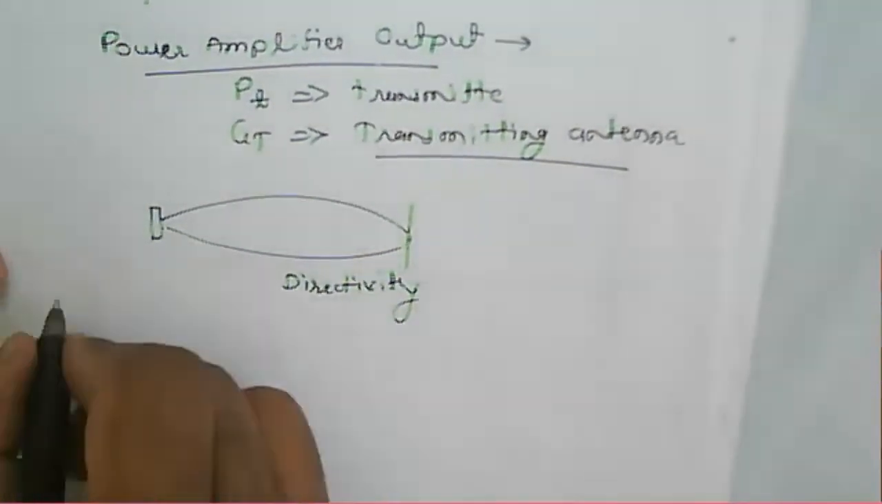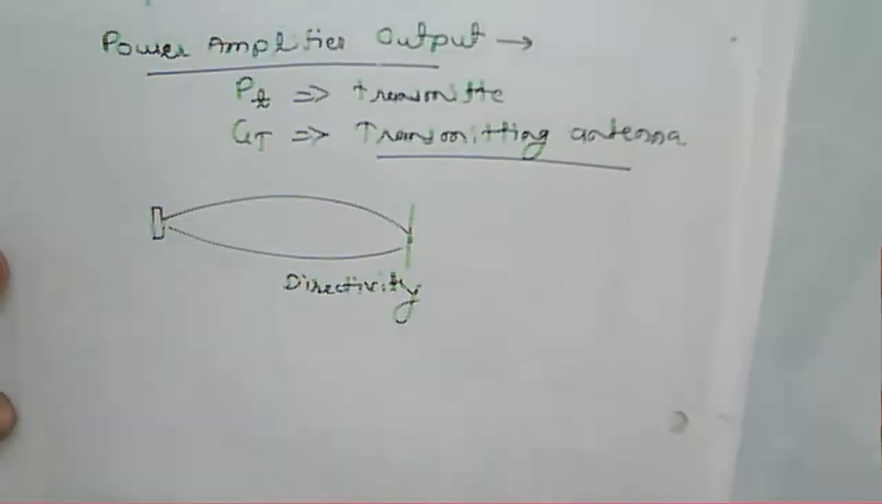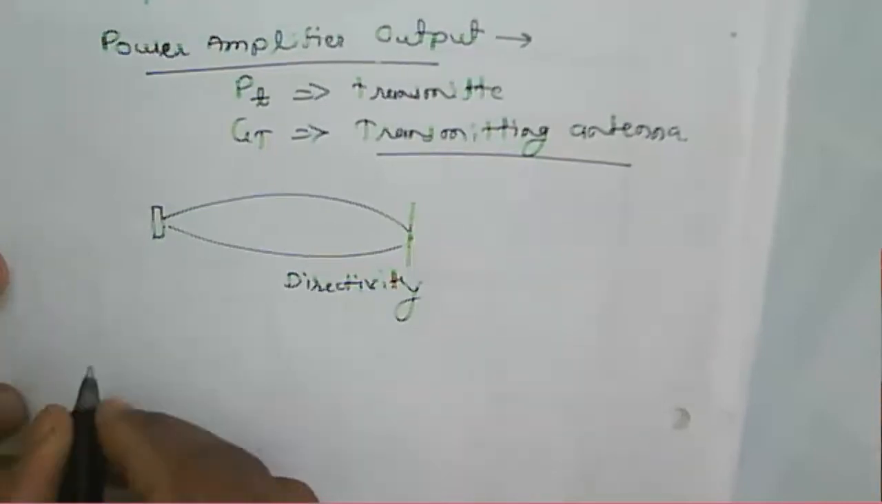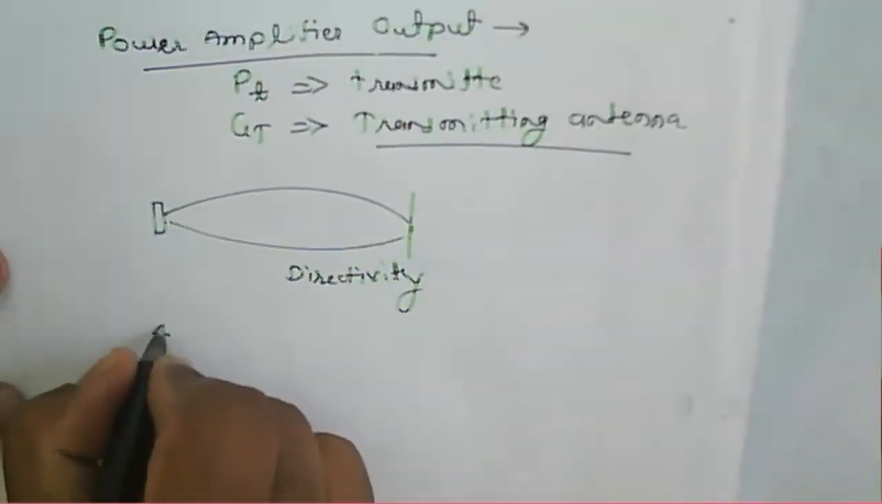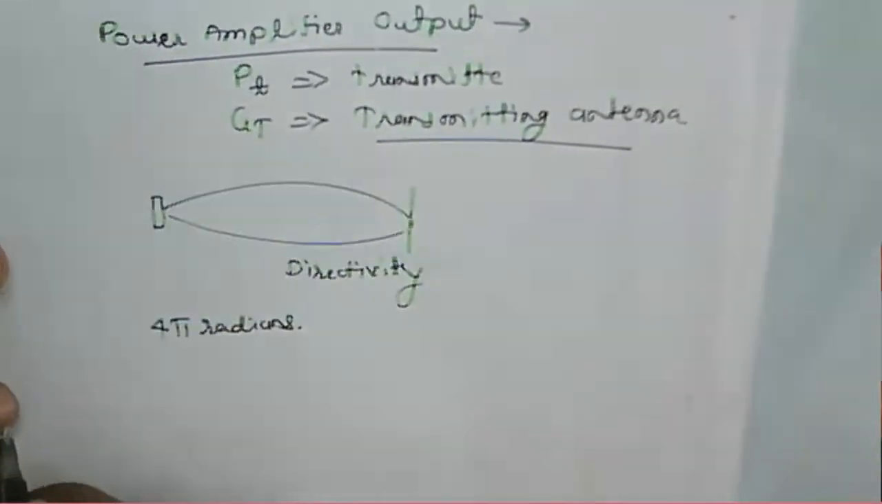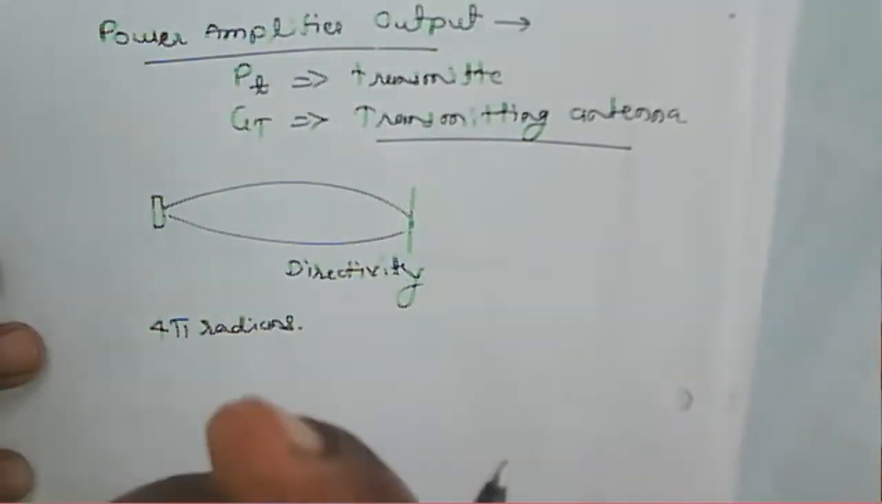So generally we consider an isotropic radiator that radiates the signal in all directions, and it has a solid angle of 4 pi radians. That is the beam solid angle. So that's why, if you consider the